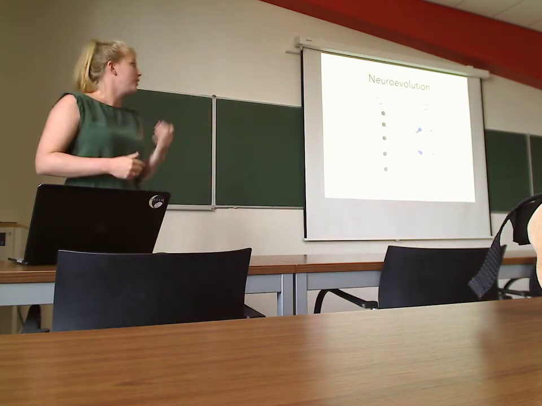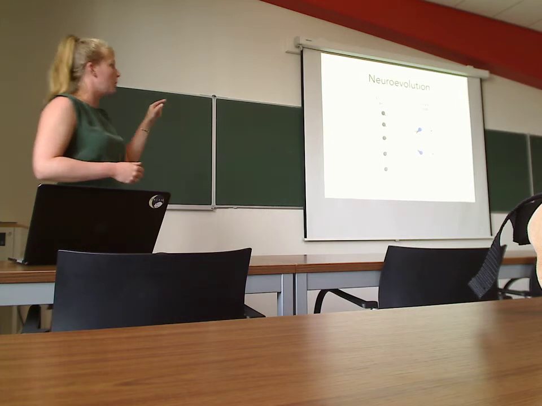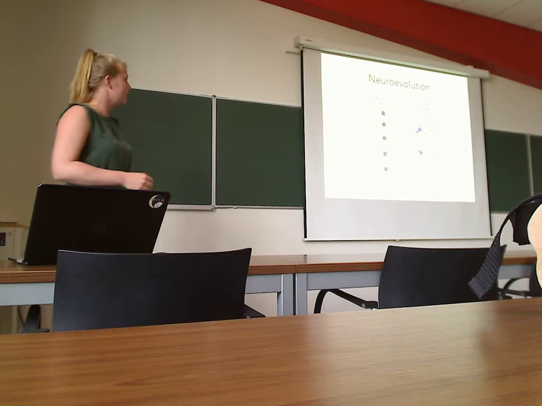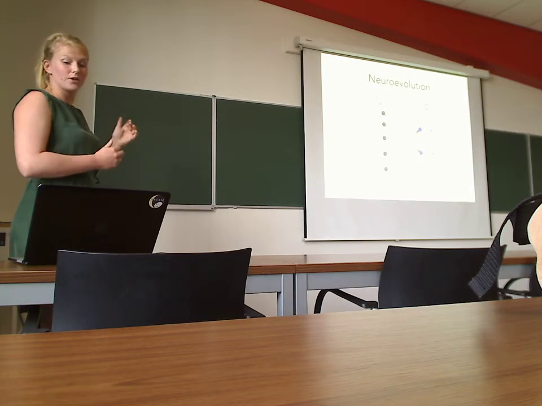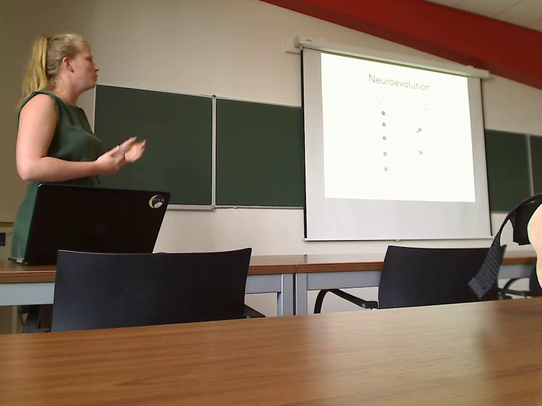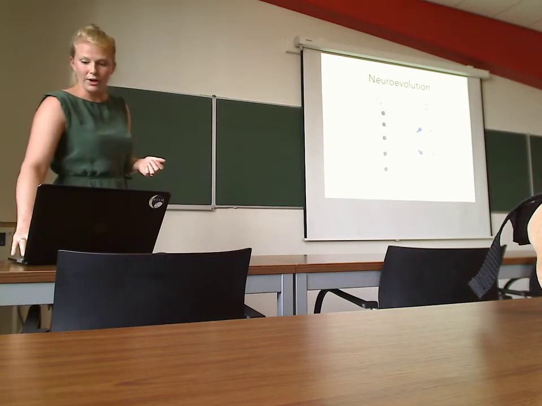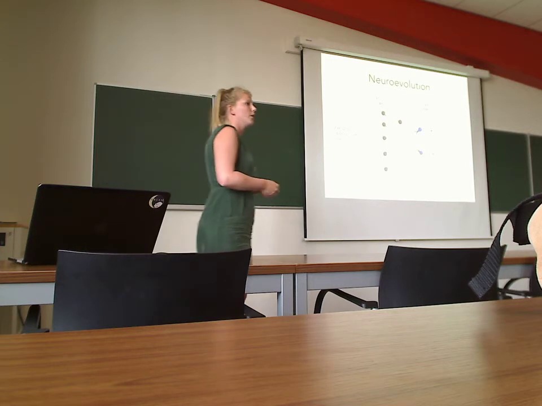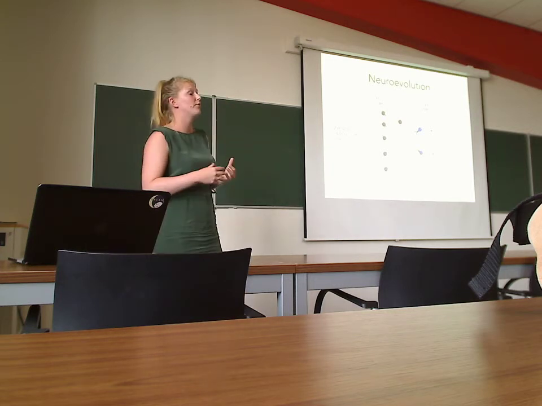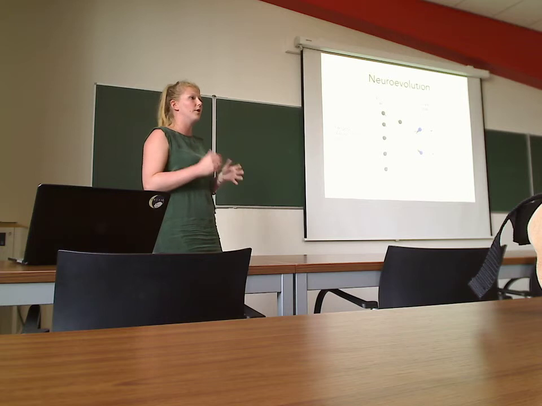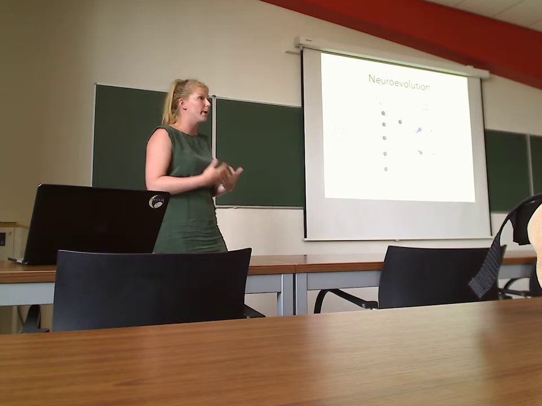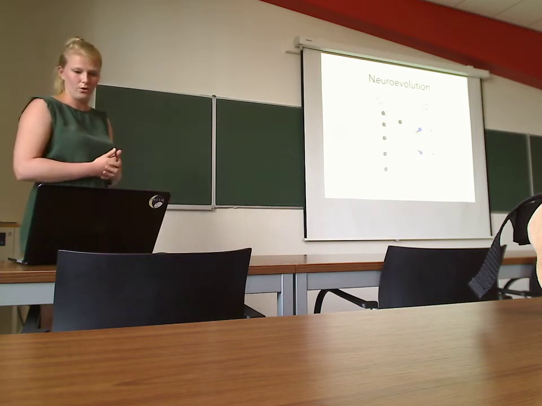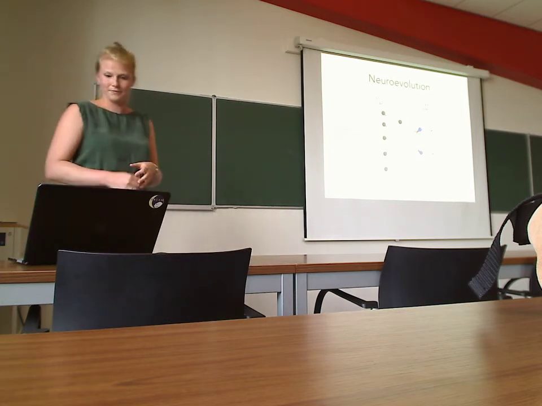And what we want is a good input to output mapping. So we want to know these connections, which are just weights, just real values. This is called a simple feed-forward neural network, but we advance it a bit with extra hidden neurons, which can also evolve over time. So we don't want to tell the robot up front, this is your ideal controller, this is the ideal number of hidden nodes and hidden layers. No, that can evolve by itself. This is a method called NEAT, Neuroevolution of Augmenting Topologies.